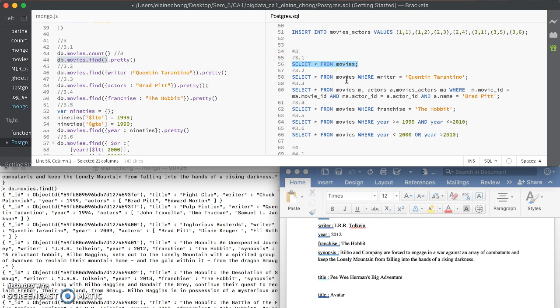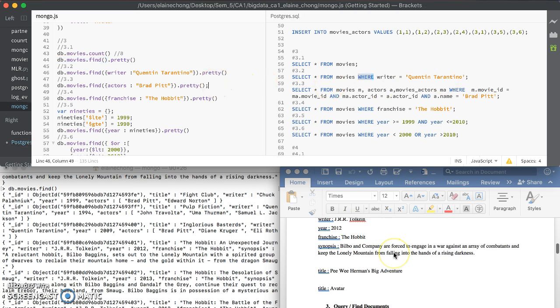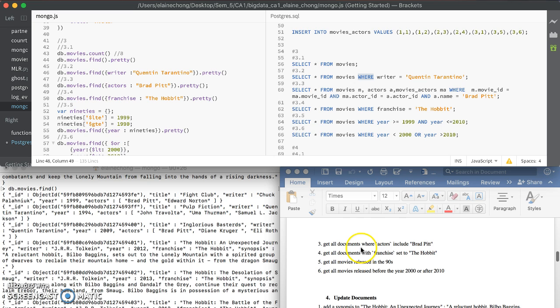For this one, it is also very easy. We just put a where clause, just say where the writer is Quentin Tarantino. It does the same thing if you want to find an actor named Brad P. It is a little bit different, though it is the same thing for MongoDB. We just do db.movie.find, and then the actor name, because actors is an array, and it will do the same thing. We want to find Brad P,